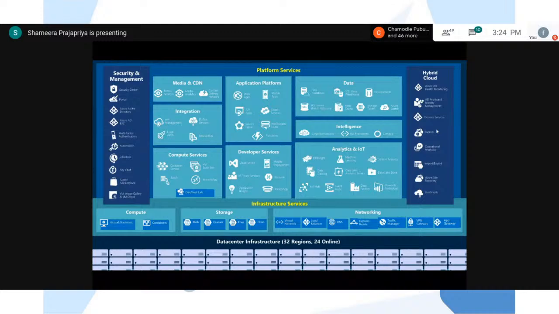There are a lot of things. The best thing is you need to have concepts in your mind. When you have the right concepts in your mind, you can just go and dig into these technologies. So that is about Azure for the day I'm going to talk about, because